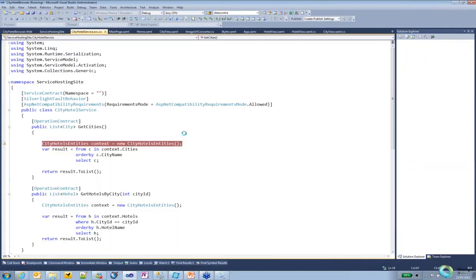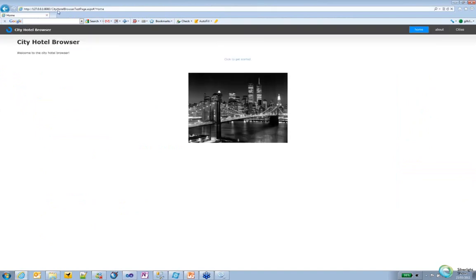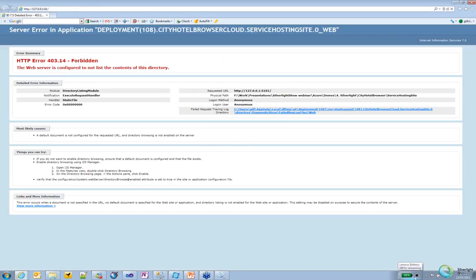Just takes a few seconds to deploy it to the cloud. So there we have the City Hotel Browser test page. So the hosting site is now hosted on 127.0.0.1 port 8080, and the service is still running on 127.0.0.1:81. If you take a look at the emulator again,